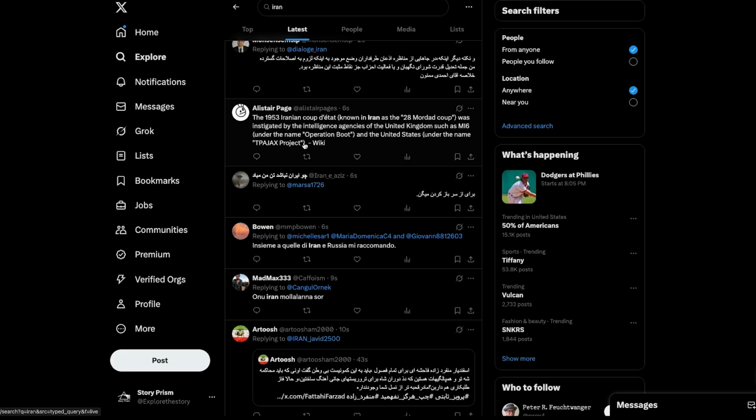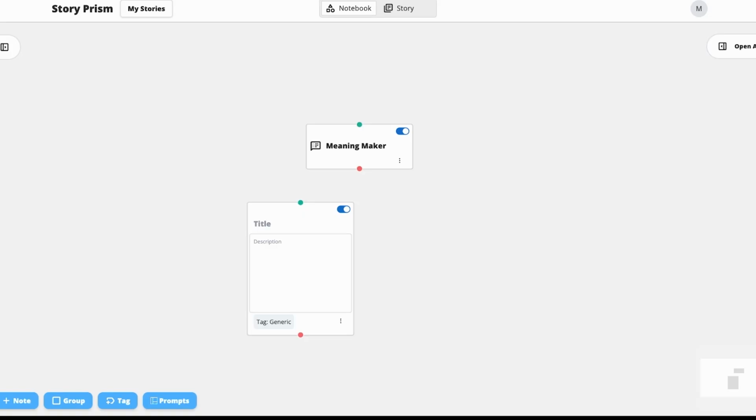Here we go. Interesting. The 1953 Iranian coup d'etat, known in Iran as the 28 Mordad coup, was instigated by the intelligence agencies of the United Kingdom, such as MI6, under the name Operation Boot, and in the United States under the name TPAJAX. Yeah, that's pretty interesting. All right, so this tweet will go here. 1953 coup. What should we call it? So let's just say